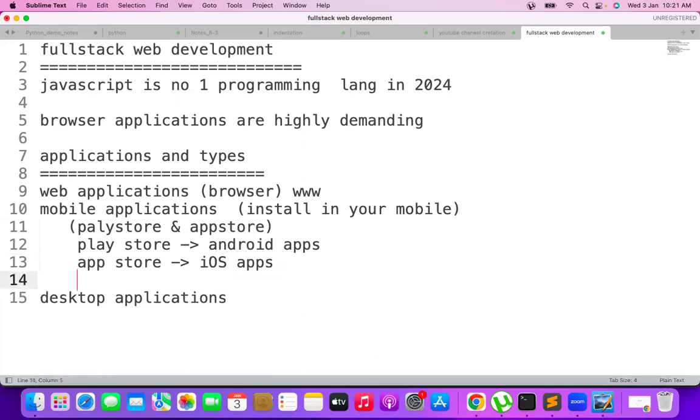Now come to the desktop applications. Desktop applications are standalone applications. For example, you will have Notepad. Notepad is a kind of desktop application. WordPad is a kind of desktop application, or Paint. Paint is a kind of desktop application, or in desktop applications also browser-interacted applications, something like a Zoom application